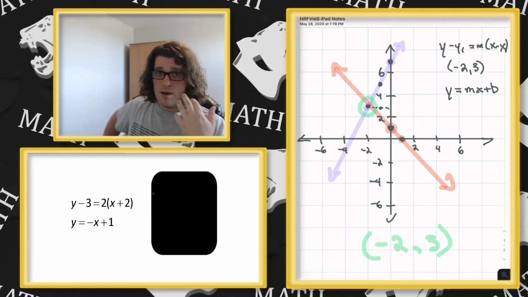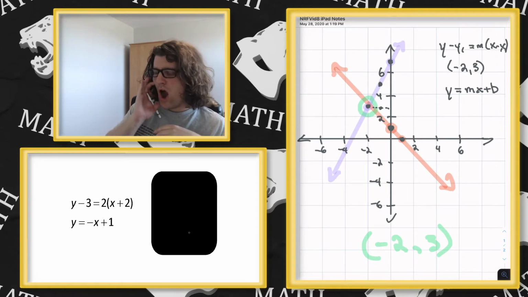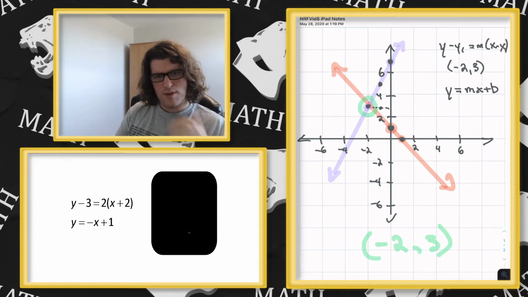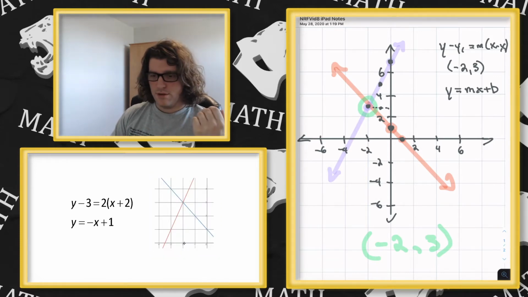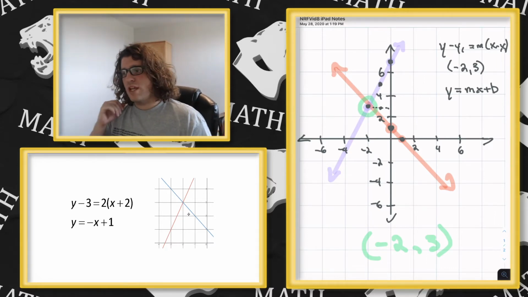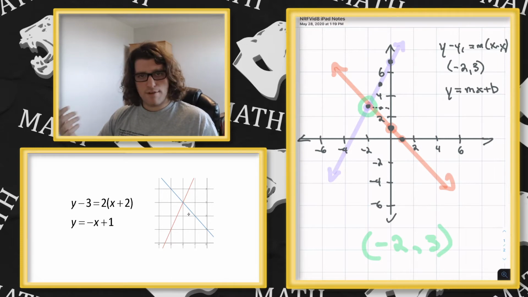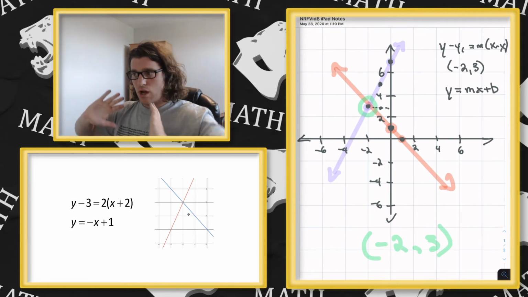Now, before I recorded this, I did this in Desmos as well, and I put it underneath of here. I could also show you doing it in Desmos, which maybe I will in a second, but let's just take a look and see how it was. So this looks like at -2, 3, which is the point that we came up with. They do cross very, very nicely. Now, if you want to use a piece of graphing software to see how you could do this graphically by using software yourself,